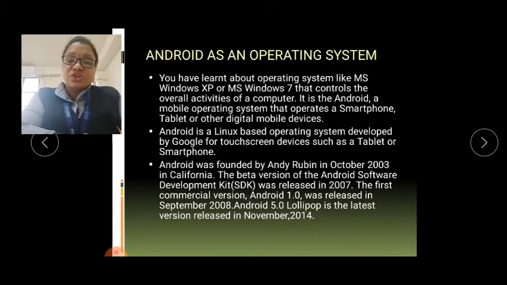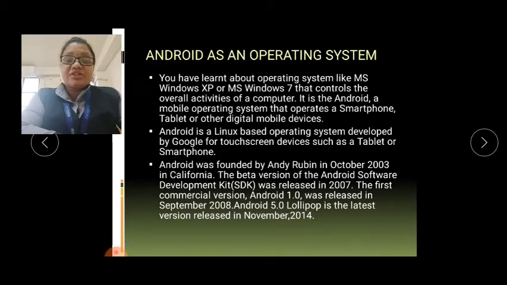उसके बाद का जो उसका न्यू वर्जन है उसको नाम दिया गया है बीटा वर्जन. क्या नाम दिया गया है उसको? बीटा वर्जन. Okay, so this beta version of the Android software development kit वो जो है वो रिलीज़ हुई 2007 में. ओके, सबसे पहले एंड्रॉयड आई 2003 में. उसका बीटा वर्जन जो है दैट SDK इट इज़ रिलीज इन 2007.